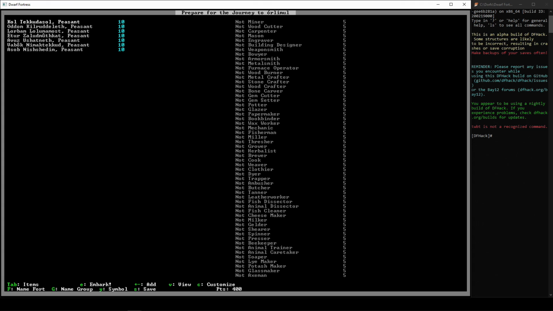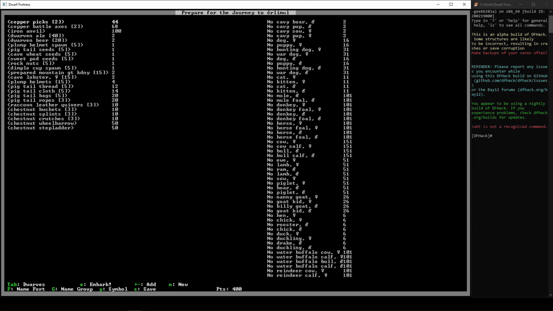So now let's do something with our dwarves. Now we can have more than 400 points, and I'll show you how. If you press tab, it switches from dwarf skills to items that you're taking with you. Okay, and it has geared us up with some default items,